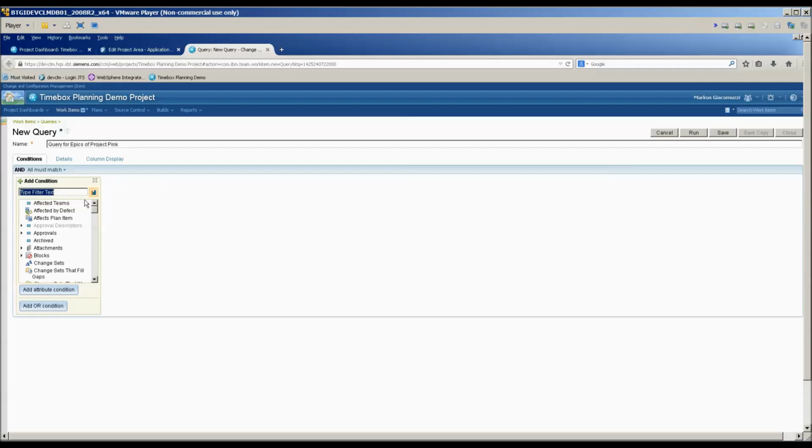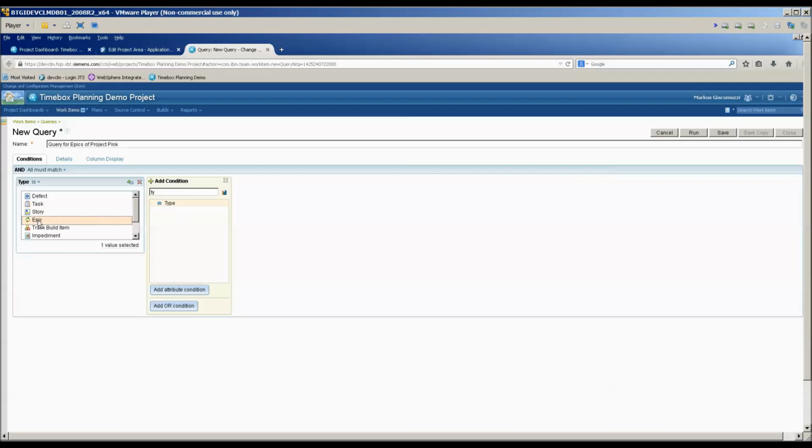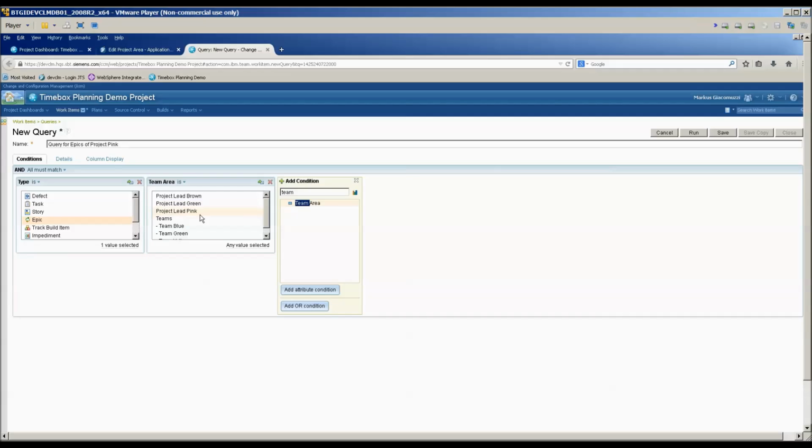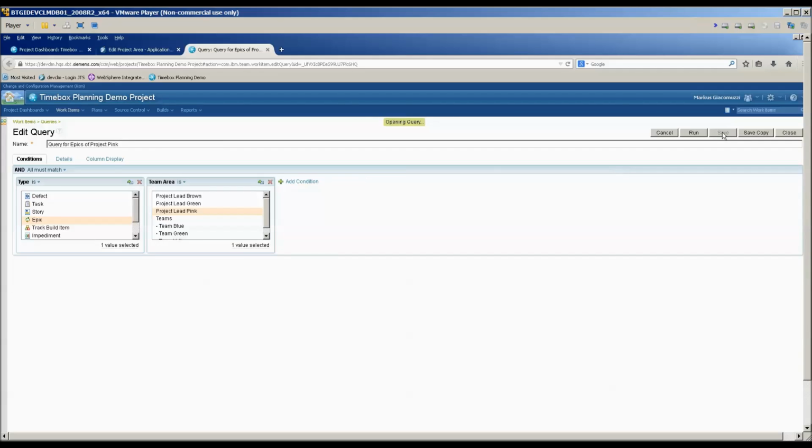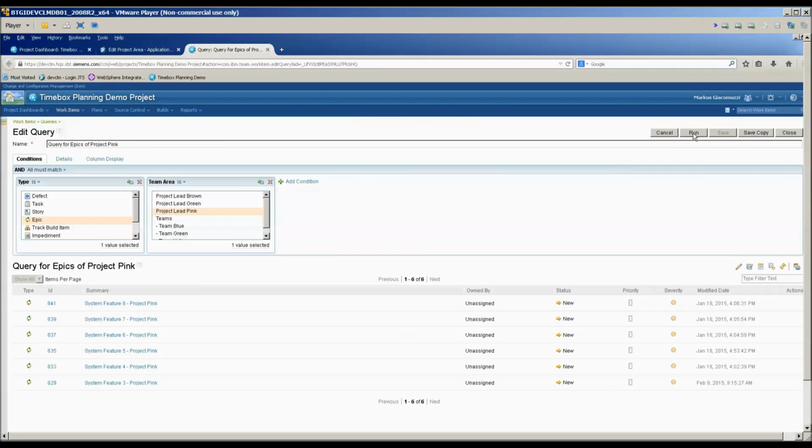So the condition is type must be an epic, and the team area shall be project pink. Then we can save this query, and we see there are some returns. So now we go back